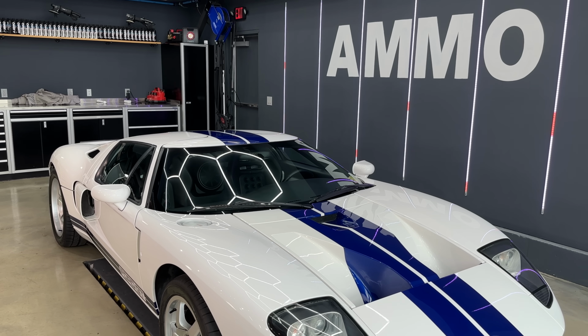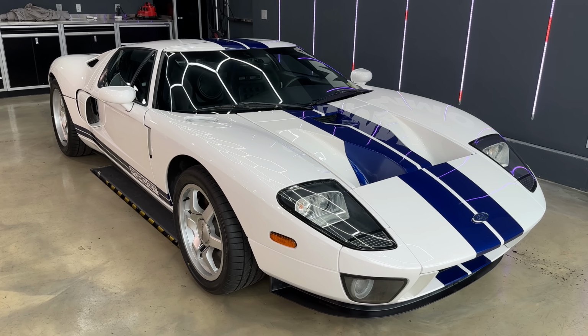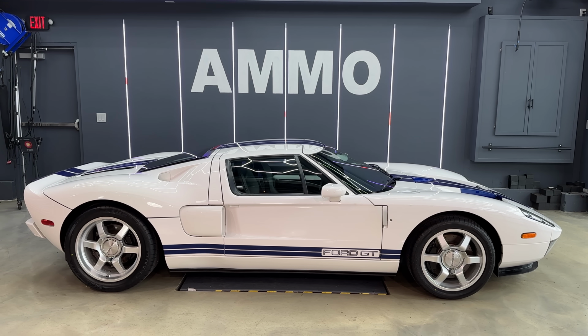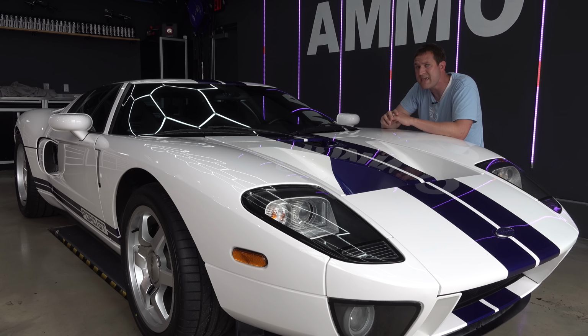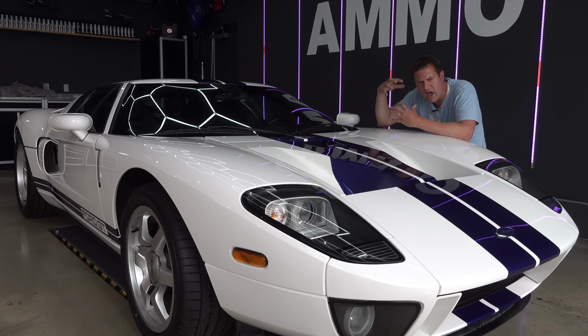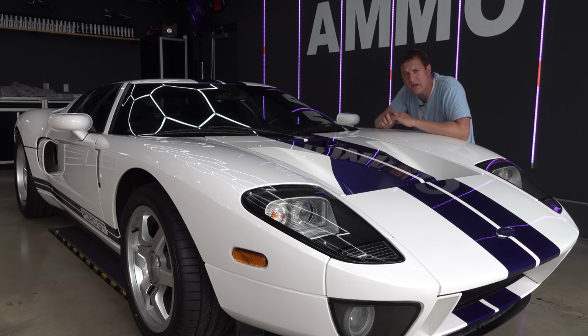And then the recession hit, and people became even less interested, and while the original sticker price is a little over $150,000, there are reports of Ford GTs trading hands during the recession for under $100,000 for one of these special iconic cars. Of course, nobody knew how iconic it would be at the time, that it was one of the last analog manual transmission, mid-engine, big engine supercars. And when the switch to automatic transmissions and hybrid powertrains and smaller engines started to happen, the market fell in love with the Ford GT. And now the very nicest examples are approaching $1 million for one of these, and even the crappiest bad title accident history cars seem to be over